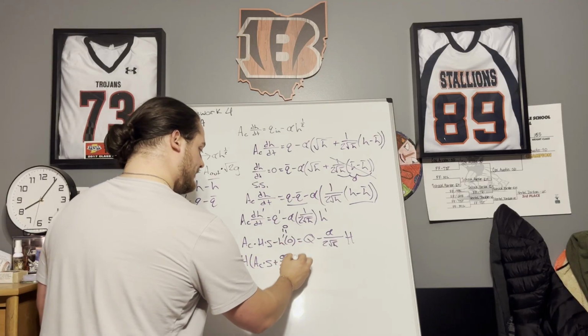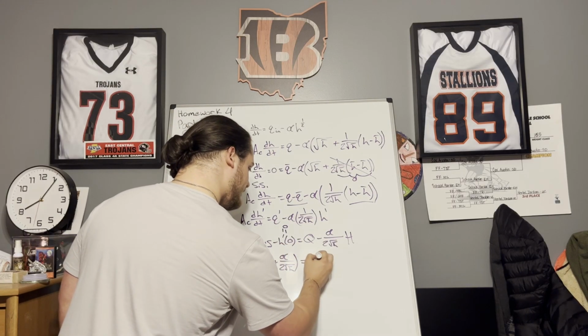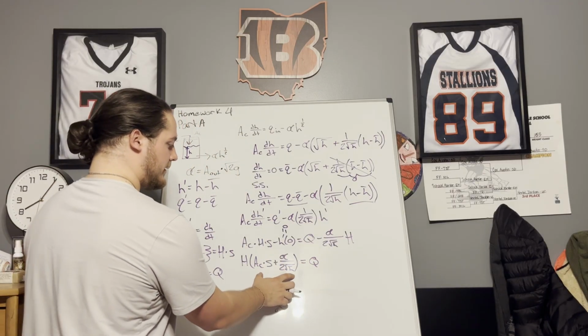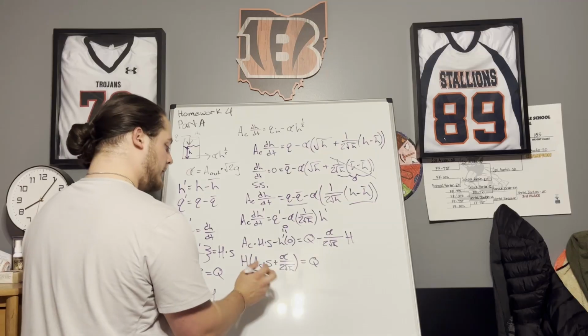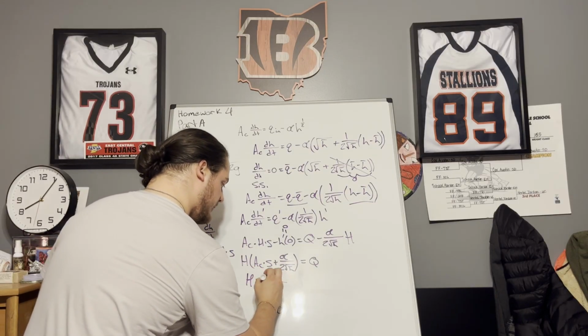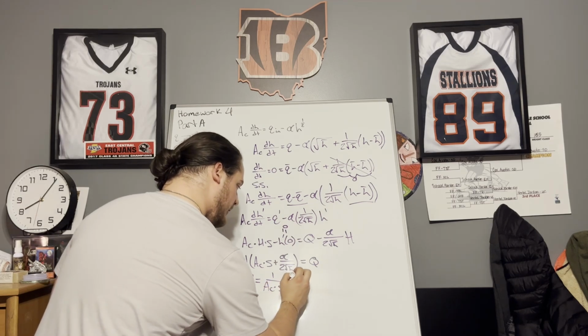And then this should be equal to q. And then we can move this here over to the right side. So that'll give us our height is going to be equal to 1 over the cross-sectional area times s plus